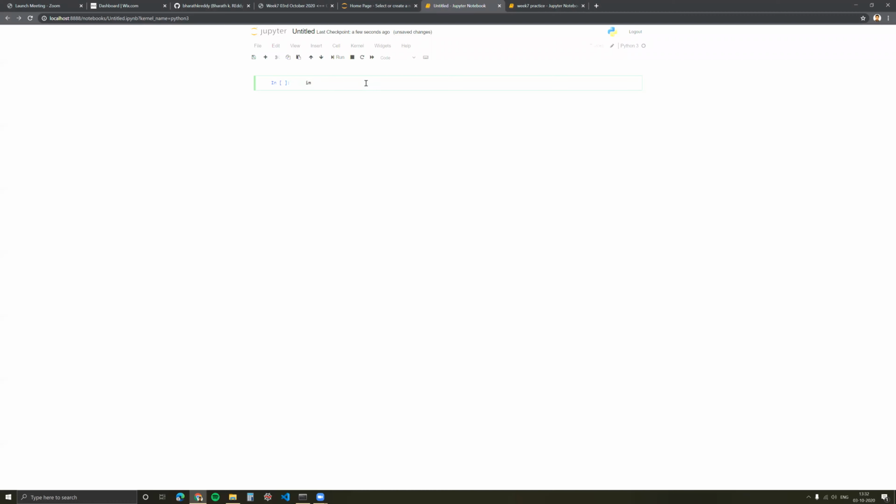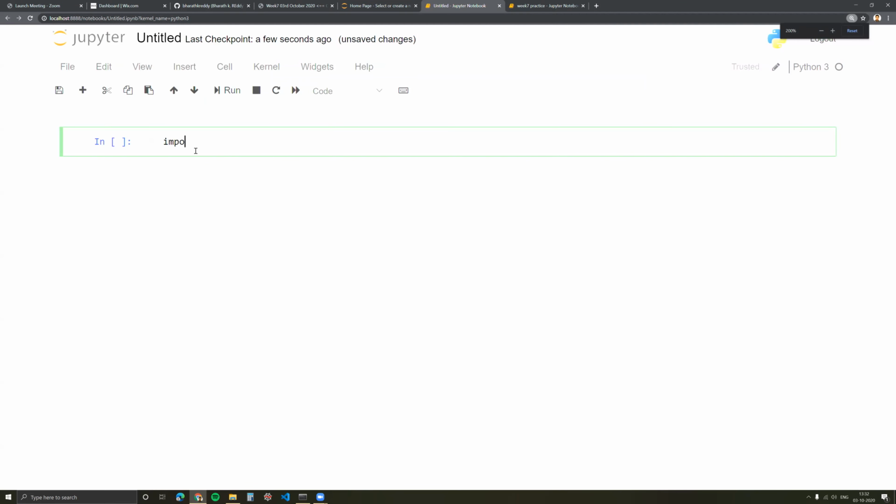So let's go through that example. Is my screen visible enough at this zoom level? Yeah, that's fine.